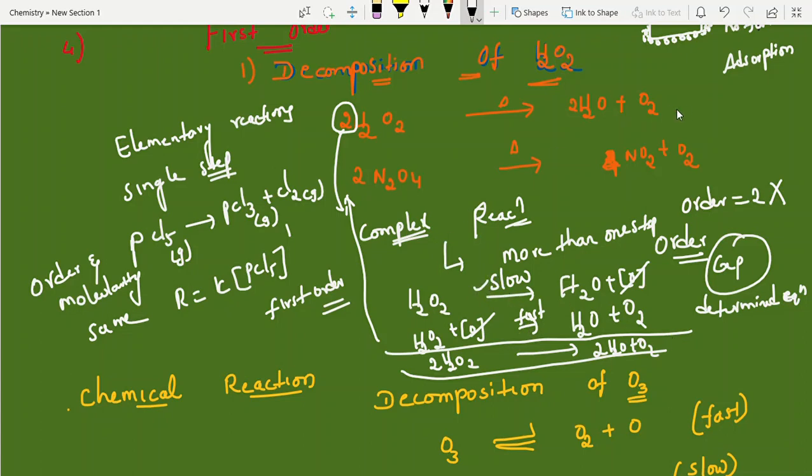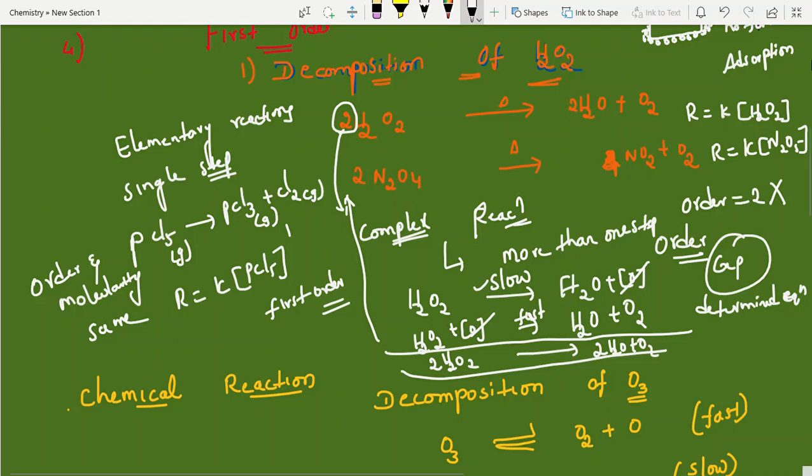So I am writing the rate here, students. R equal to K into [H2O2]. Same thing here also: R equal to K into [N2O5]. Thermal decomposition of N2O5 and H2O2 both fall under first order. So listen and note down this point. Try to do this question. Okay, students, now this is one of the good models.